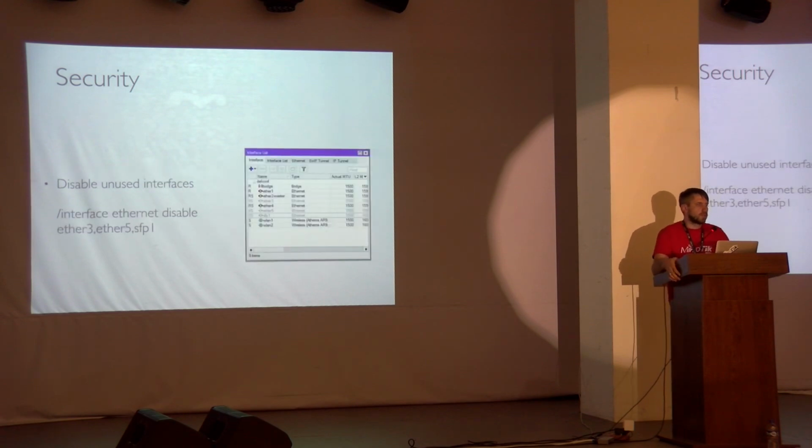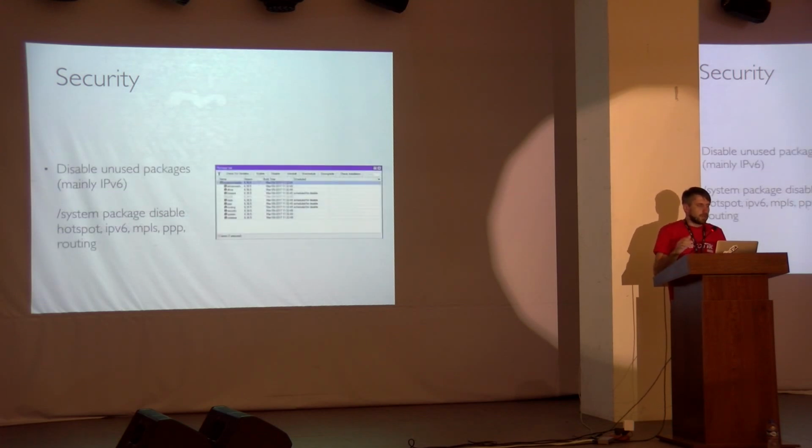Like I said before, console and Winbox commands are very similar, because in my slide I have a console command like interface ethernet disable 3 or 5, and in Winbox the command is the same. I just go to the interface list. I might go to Ethernet, or I can stay in the interface list, and I just click on the interface and click to disable the interface. So basically, in the same way all router commands are working. So you can, in that way, translate console commands to Winbox commands.